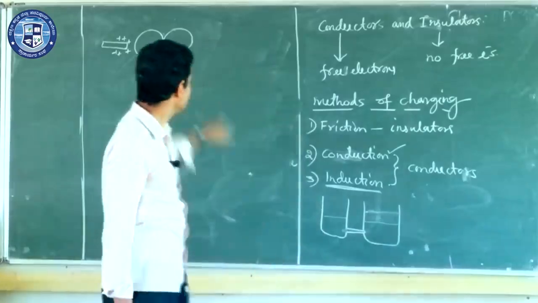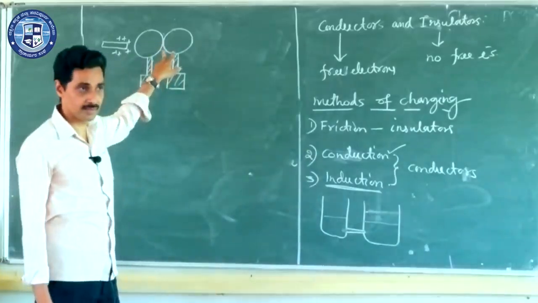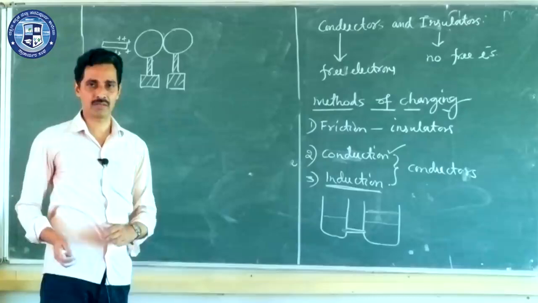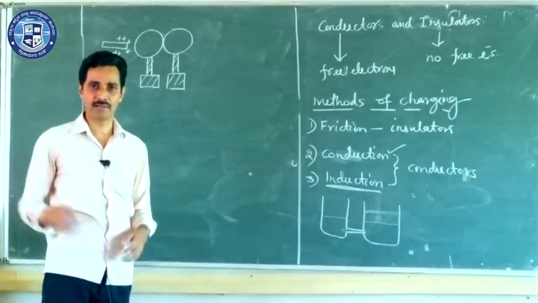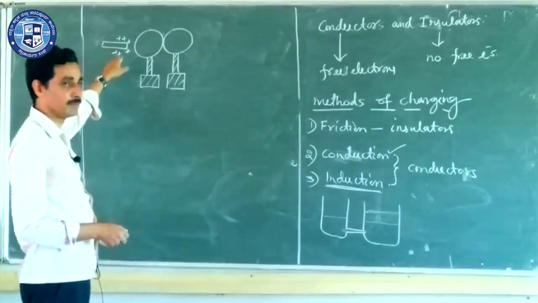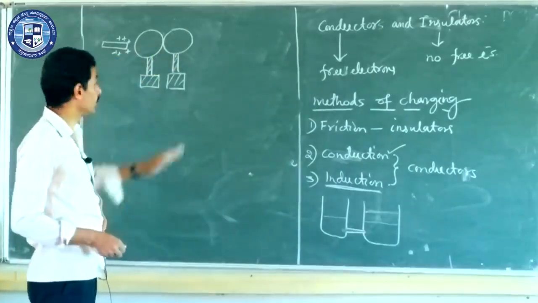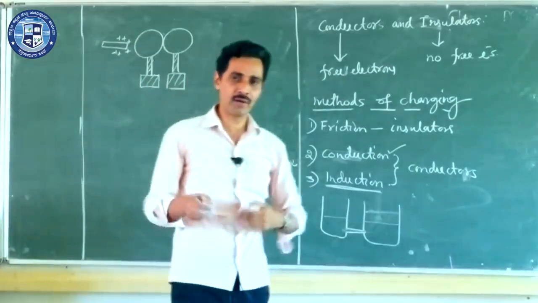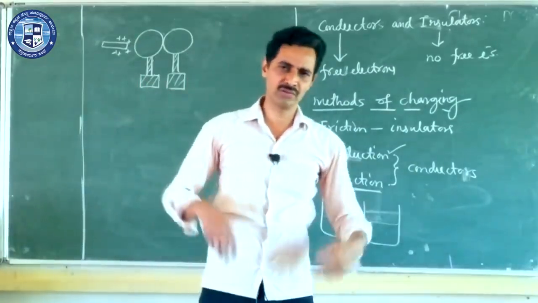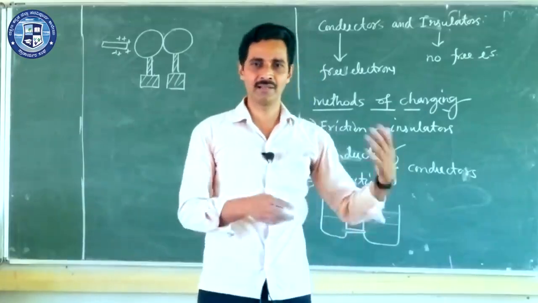Now what happens? Since both of them are conductors, they contain plenty of free electrons. And these free electrons, which are roaming around inside from atom to atom, find that their friend has come here, and they have been attracted here. So many of the electrons will get attracted here. It is like all the students running in a corridor, not attending class, not going to the library, simply moving here and there in the corridor.